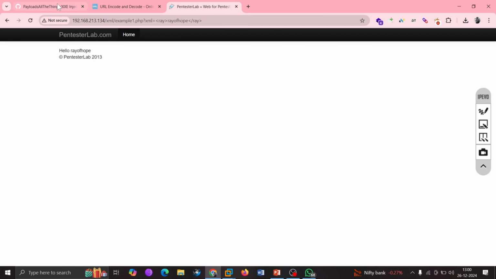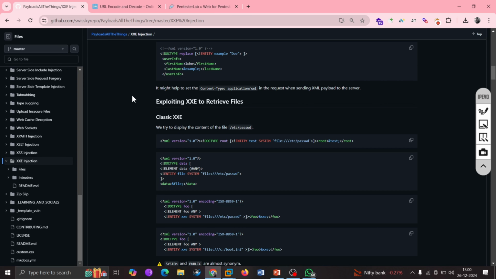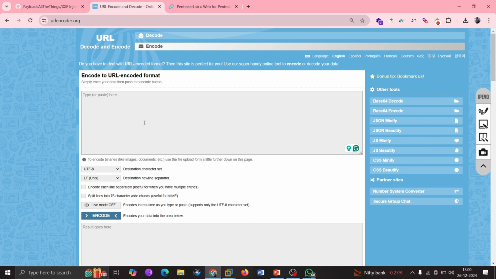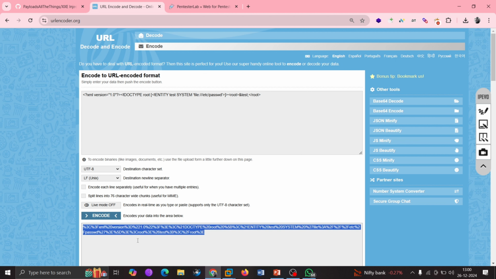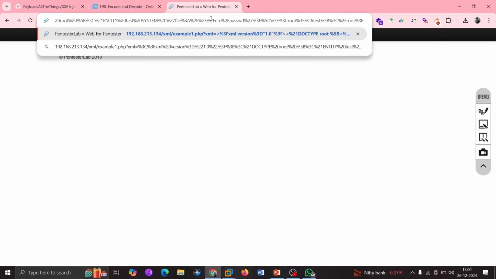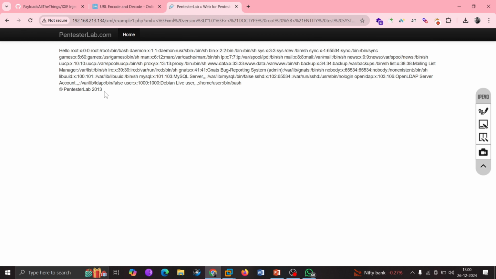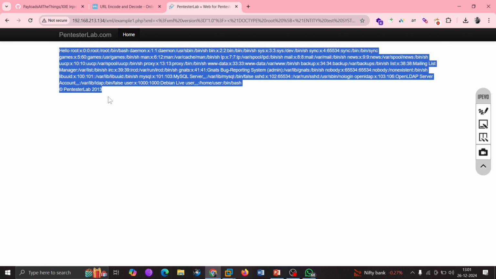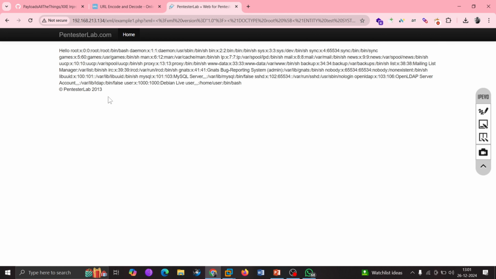So what are we going to do, guys? You do not need to be a coder in order to perform this task. You can just go ahead and search PayloadsAllTheThings GitHub. From here, we got one payload. This is the payload that I'm going to use. And for that, we always have to make sure that we encode it. Just encode it, and we get the encoded URL. So what I'm going to do right now is remove this and provide my XML data over here and click enter. Can you see? We got the root details, password details, and whatnot. So this is how XXE can be performed.